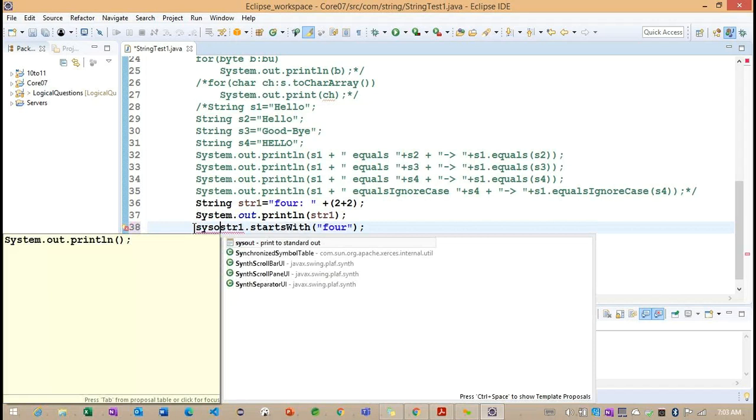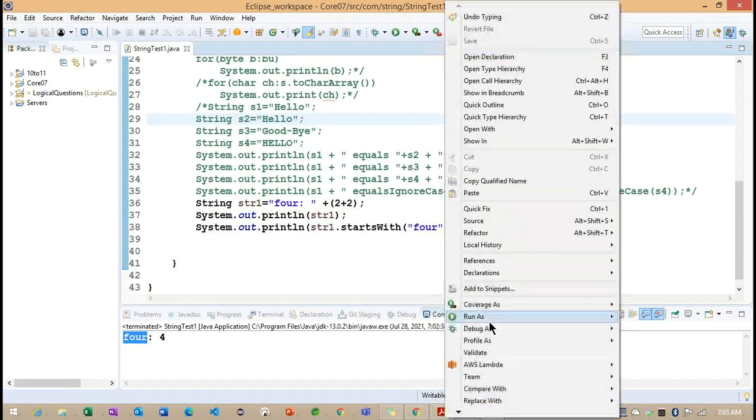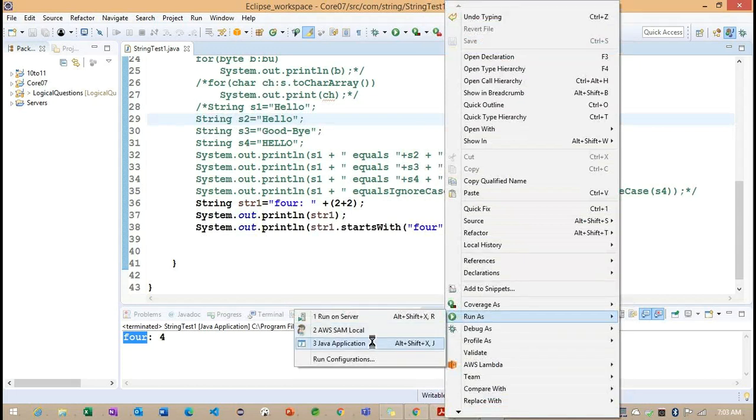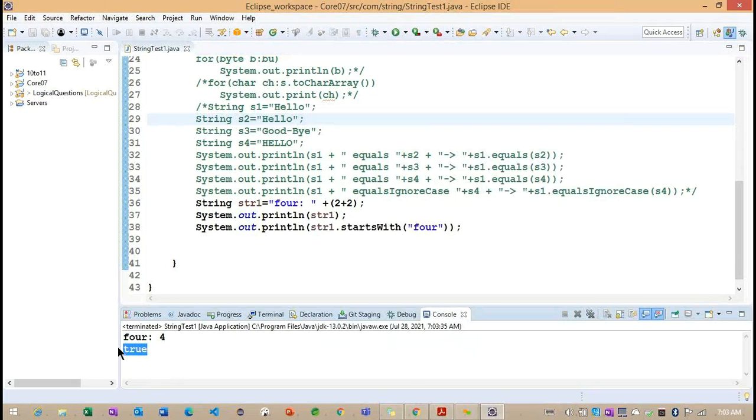Observe, if I print this inside the println method, now we need to understand the last println. You can see true is printing. Why is it printing true?